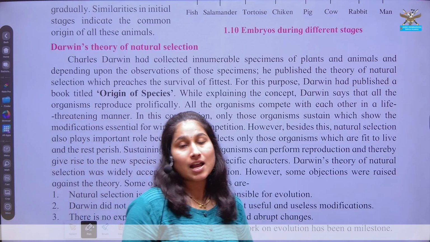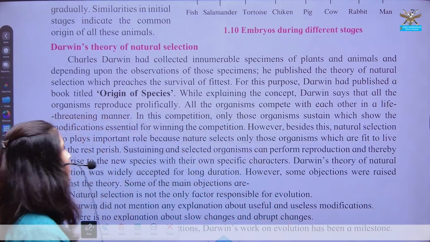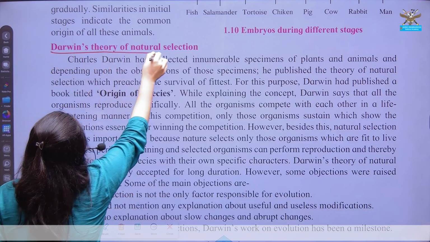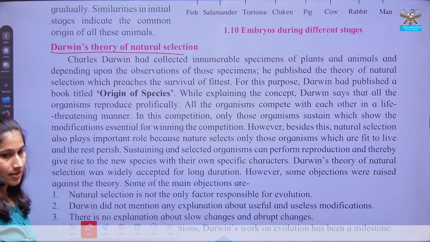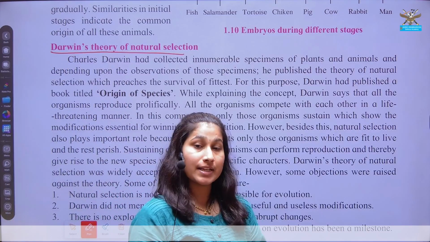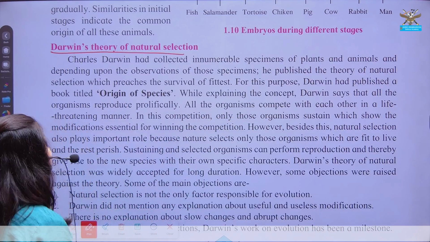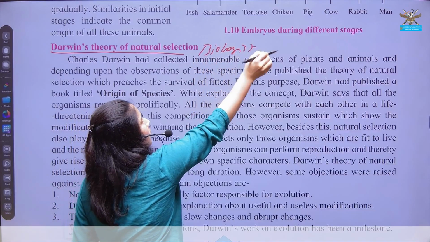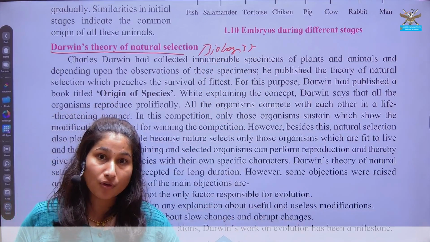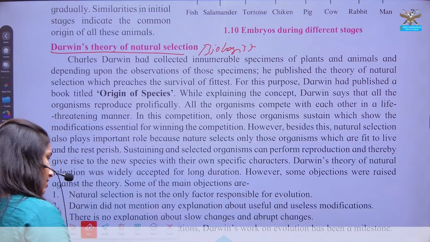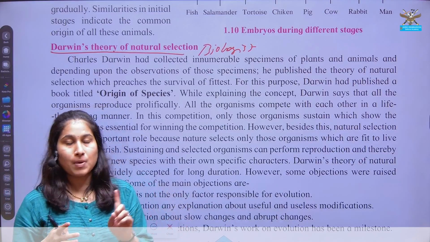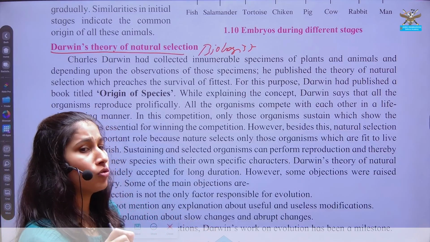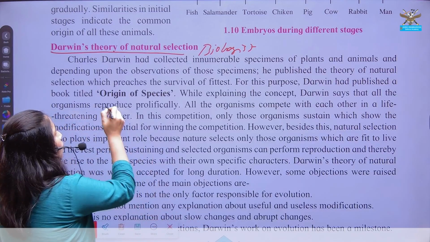Next is Darwin's theory of natural selection. Charles Darwin was a biologist and an evolutionist who tried to explain the process of evolution. So in that, he studied various kinds of specimens of plants and animals, studied their differences and similarities, and tried to note down his observations in a book known as